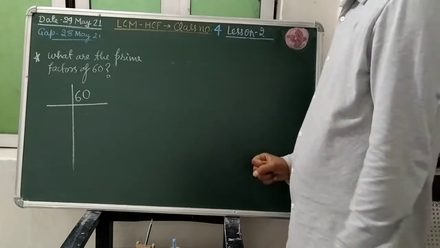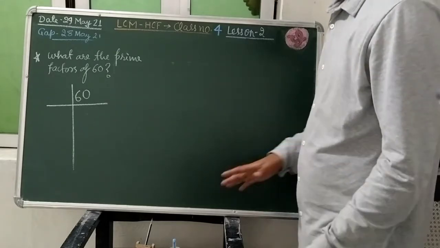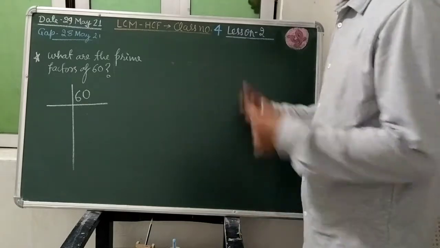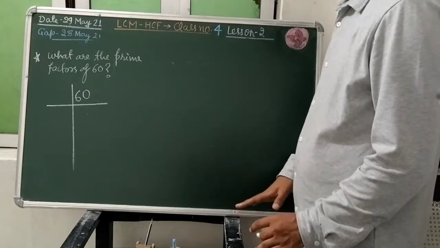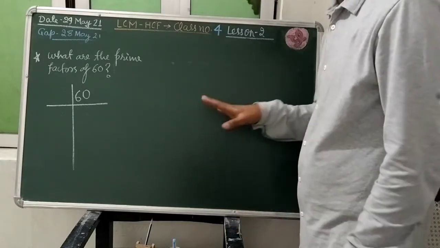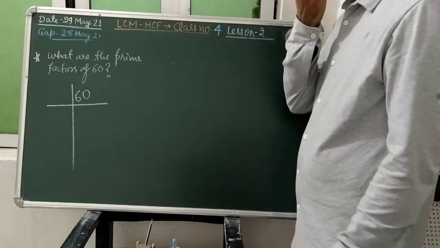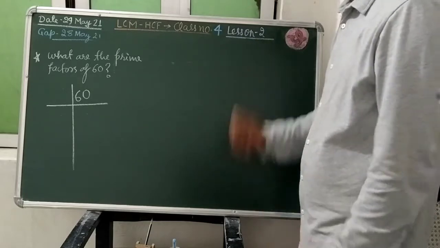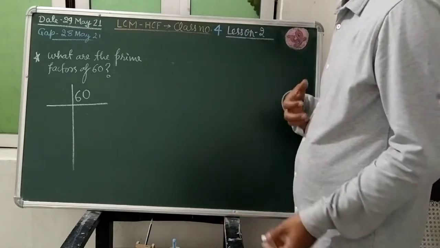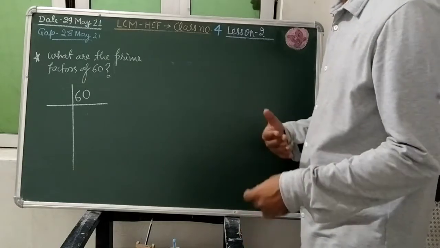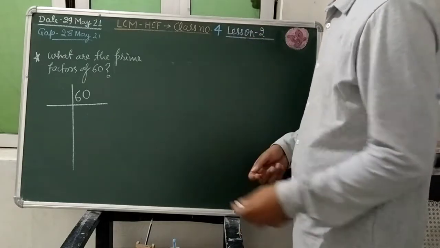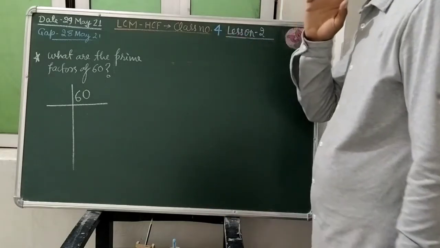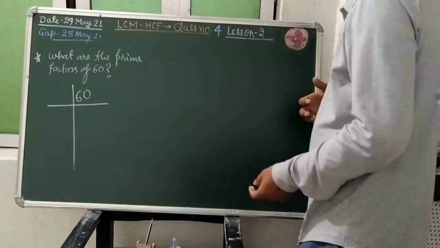So for a composite number, I have told you which rule you apply. If you want to know the factors of any number which is a composite number, you will apply the rule: you will select the numbers from 1 to 11 and check which number is going to divide the given number. Whichever divides it will be a factor of that number. You can find the factors from there.